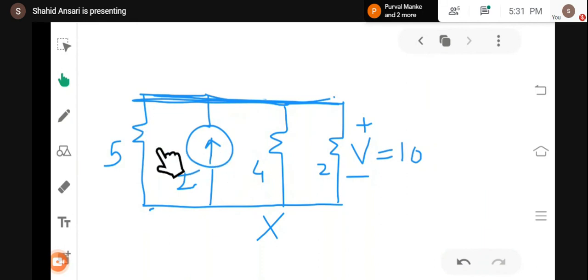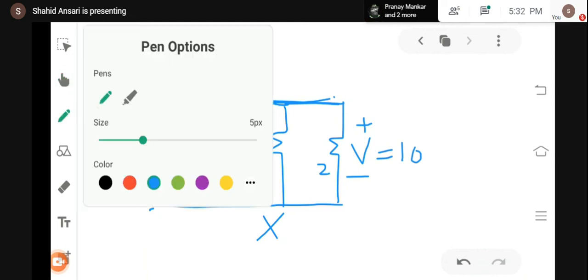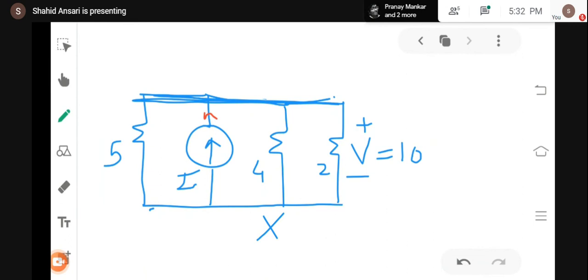Can you find this value of current? How can you find out? Only one source is present in the circuit, which means definitely current must be coming from here. It is getting divided at this particular point. One might be flowing in this direction and one in this direction. Is it correct, the direction of current? Down, at this point, down. Okay.